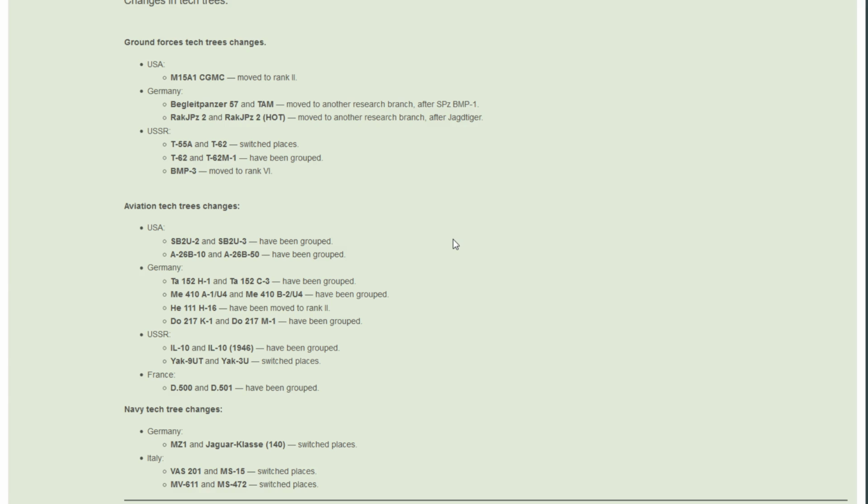Now, that's kind of sad, if I'm honest with you, because the T-62M1 is already a vehicle which is woefully forgotten about. It's at a bit of a dodgy BR at 9.0. There's not really a lot you can run with it. I've been running it with my 9.3 lineup as a third backup medium, and it's a pretty decent vehicle. When it first came out, it got harassed by helicopters all the time, but now at least it is a little bit better. But you just can't put a solid lineup around it, and also at 9.0 you have some